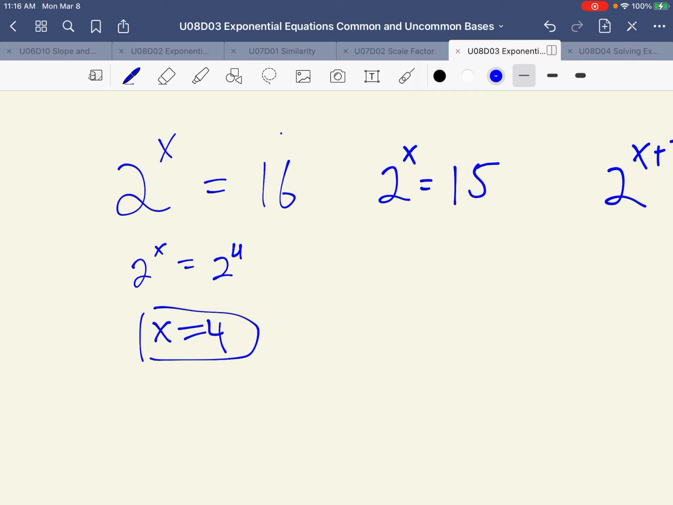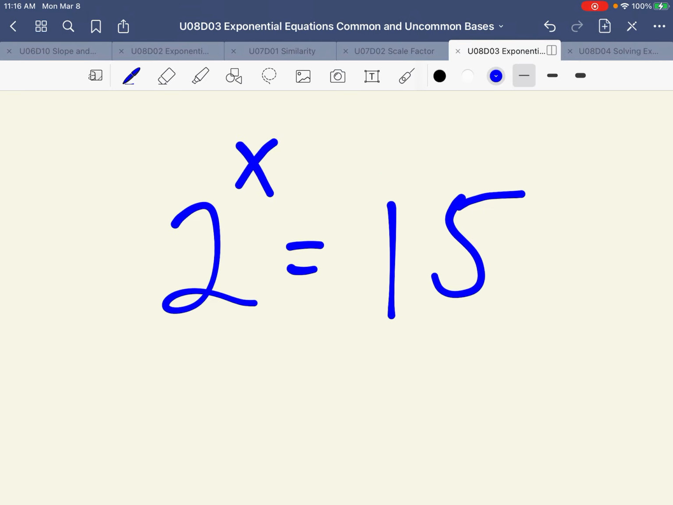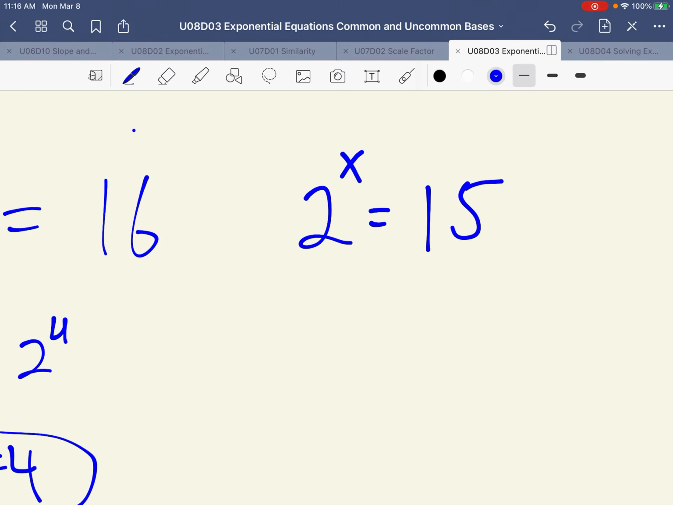Now, that only works if you can make a common base. If you can't make a common base, like in this case, 15 can't be written as 2 to any particular power, we need an alternative method. So the alternative method is using what's called a logarithm, which is known as the inverse function of the exponential function. So the exponential function is